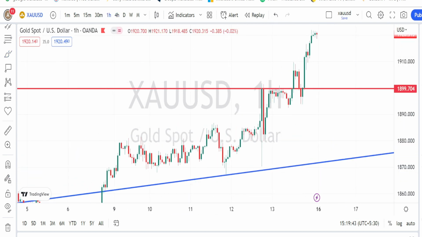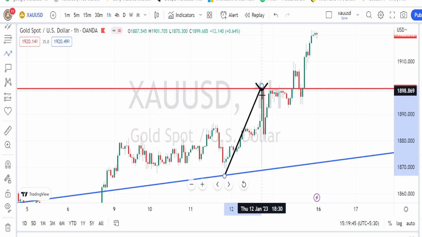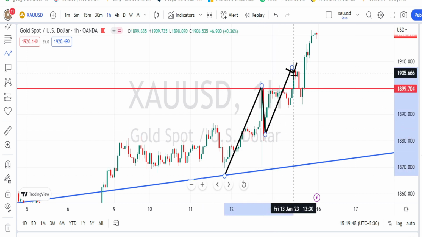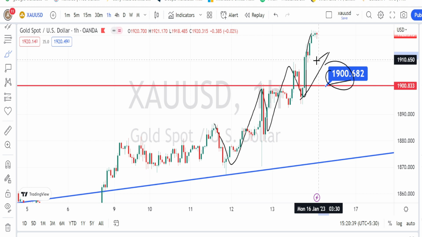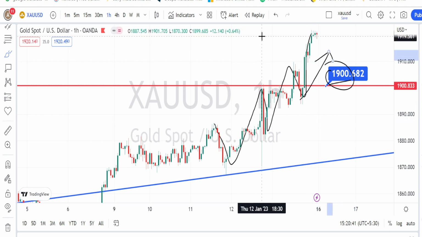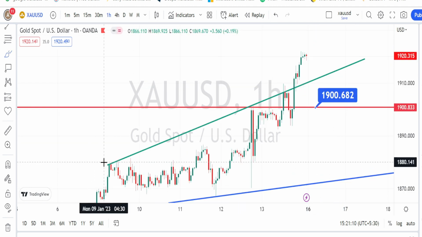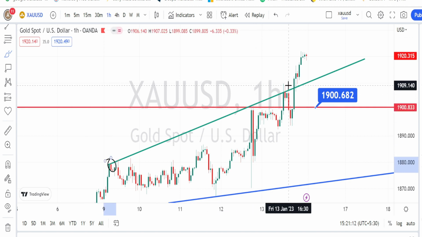In hourly time frame also it is very clear that the current trend of the price action is in a bullish trend. It has also broken the psychological resistance level of 1900, and it is in a very strong bullish trend for now in daily time frame. So for now I have drawn a resistance line or a support line for the current price action in hourly